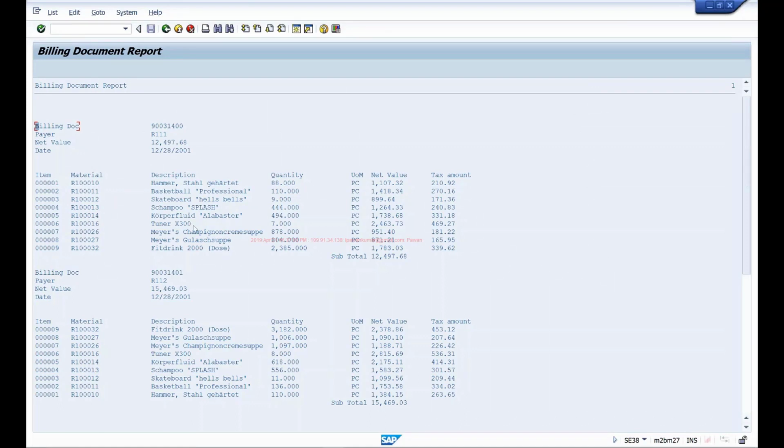These are called classical reports. Any report that you display on a list screen is called a classical report, and this list screen is generated using a write statement. But one thing here, if you notice, when we are printing the payer details, we are printing the payer number. But our user wants to see the name of the payer, not the number. So we'll enhance this program to print the payer name instead of the payer number.